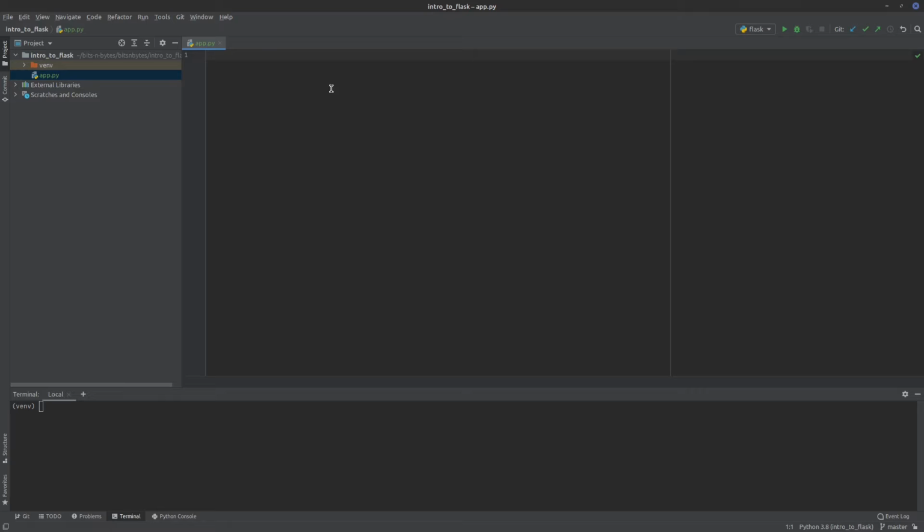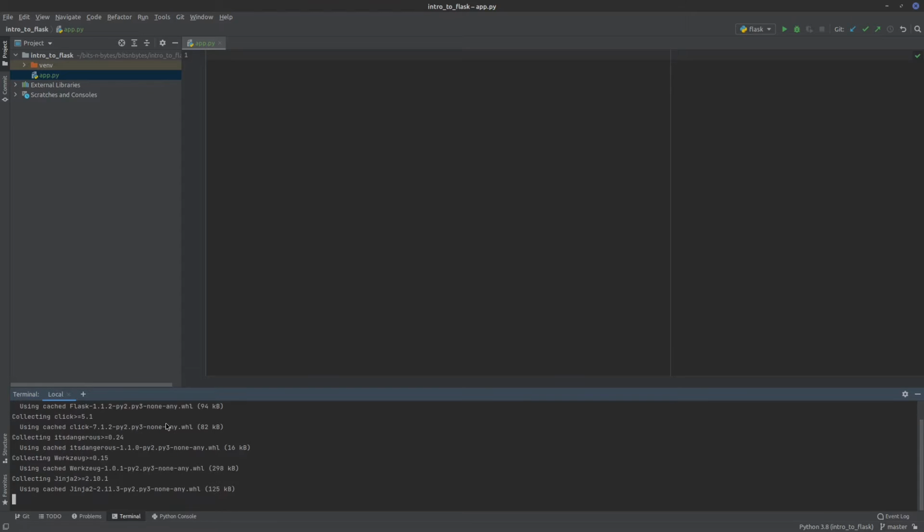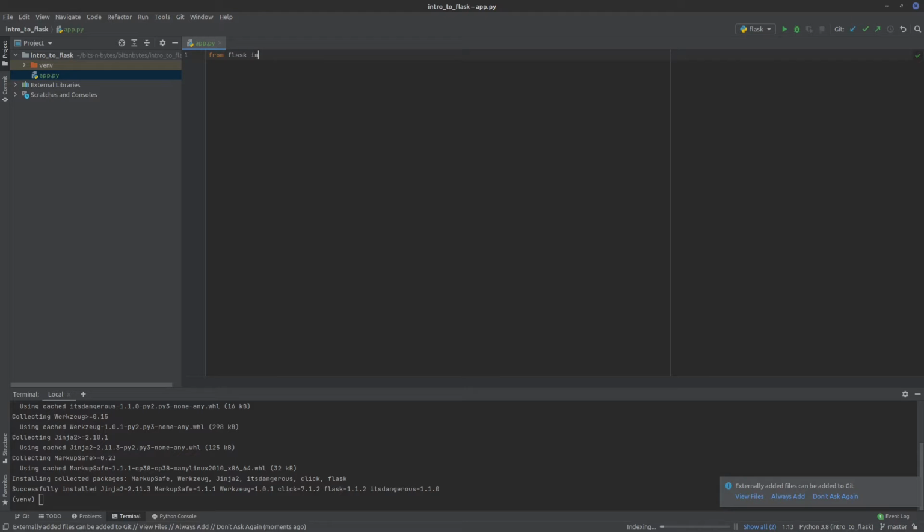And then in order to use Flask, we have to import it. But actually, before we even do that, we have to install it with pip. So down here in the terminal, this gives me terminal access, and it's running in my current virtual environment, which was created up here when I created my project. So I'll just do pip install Flask, and I'll run it, and it'll install it into my virtual environment so that I have access to it. Then I can do from flask import Flask. That's how you get access to Flask itself.